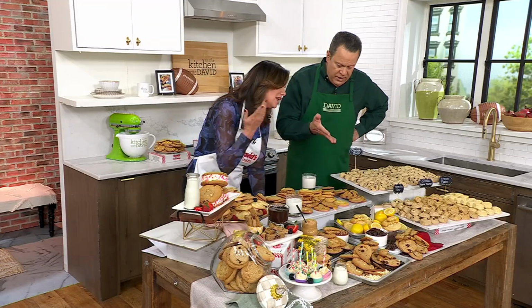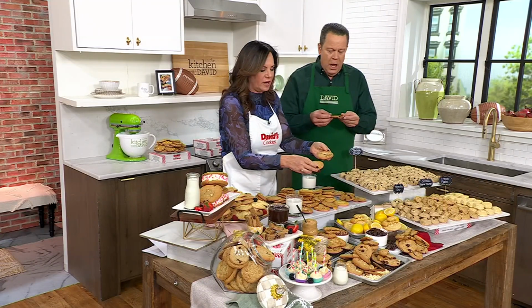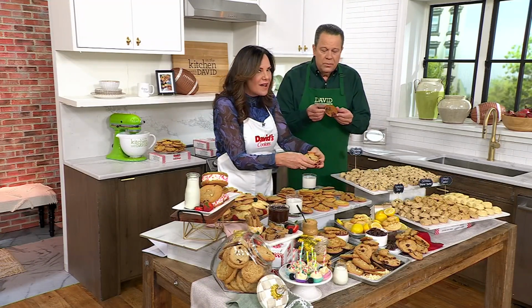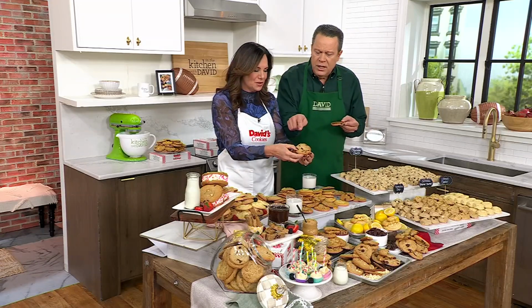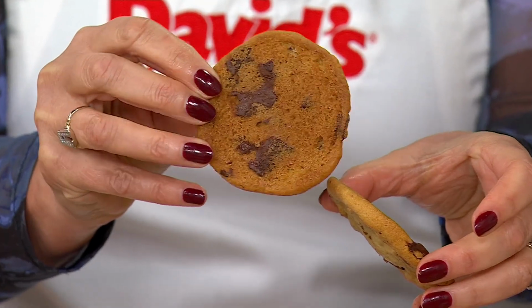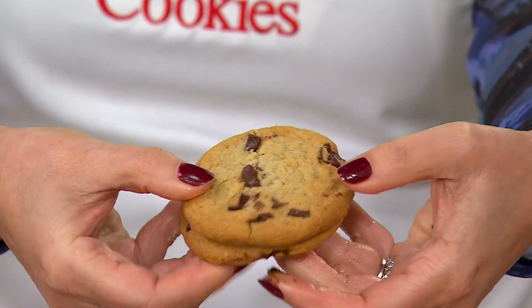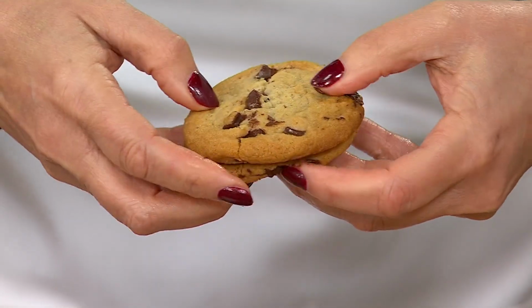And then, of course, let's talk about where it all started. This is David's Cookies, where we all started. By the way, our 1.5 ounce size is our big cookie dough. Can you show the back of that cookie? Sure. Oh, yeah. Look how much chocolate is in one cookie. These are not chips. These are chunks. Chunks of chocolate. Again, those whole eggs, the brown sugar,